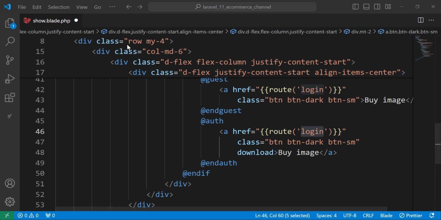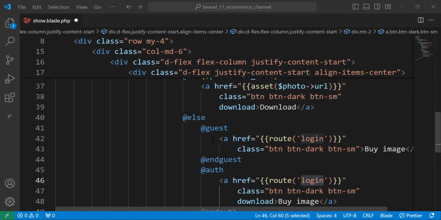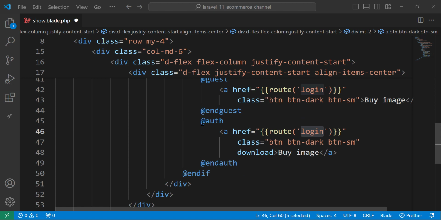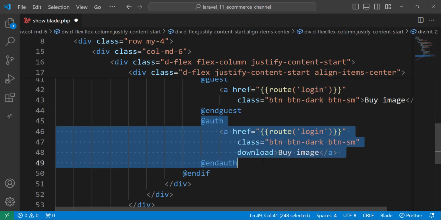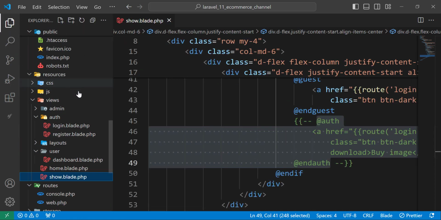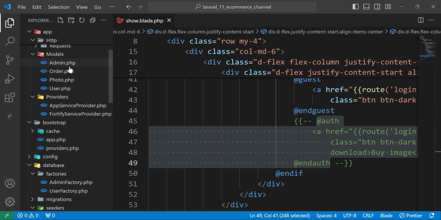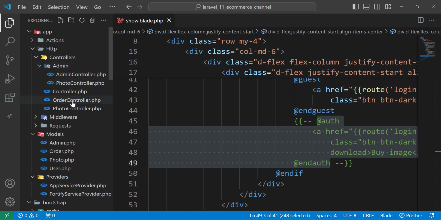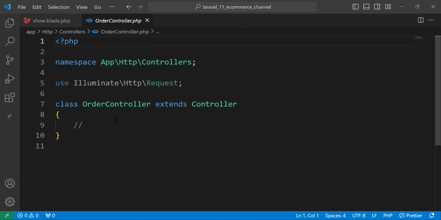And before we do that, let's move to the order controller. So let's comment this part and move to the order controller. So where is it? Order controller. So this one. So here we will add the